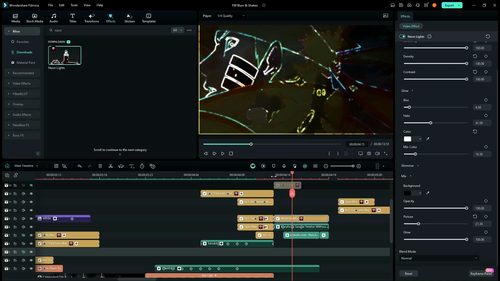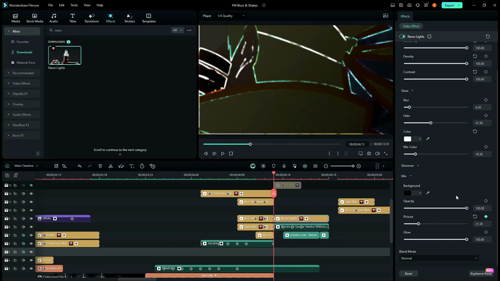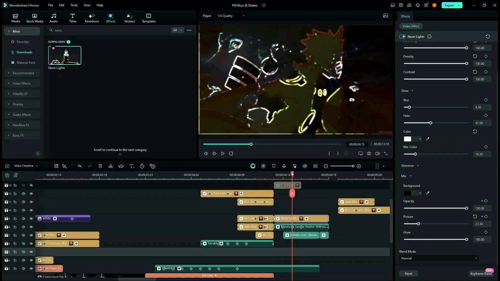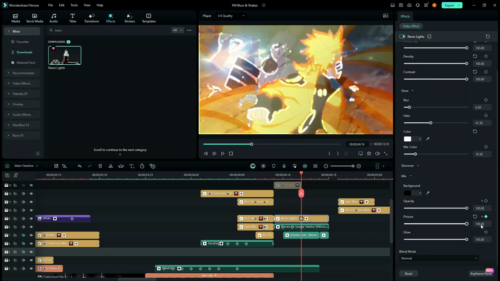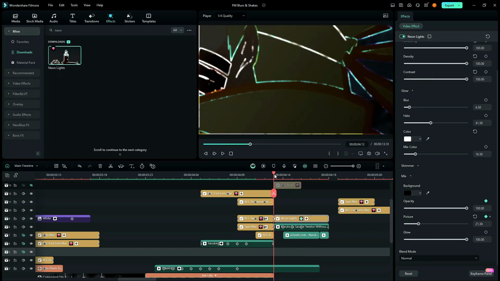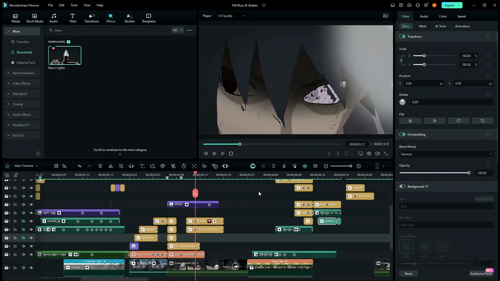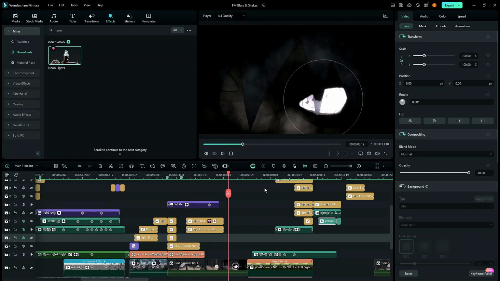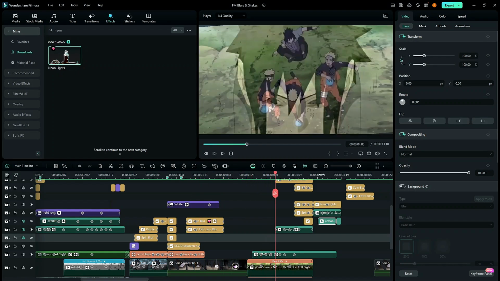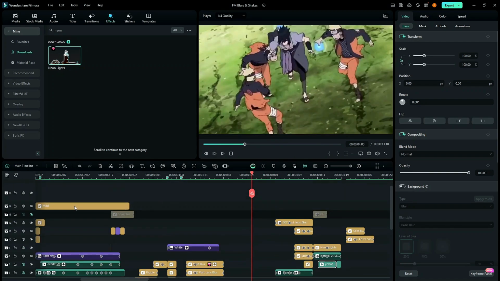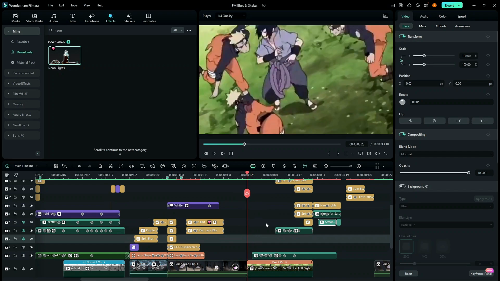So I'm just going to be keyframing the picture and the opacity, so when they both will decrease over time. So my picture is gonna increase while my opacity is going to decrease. So this is our composition side of things, and it looks pretty good. So here